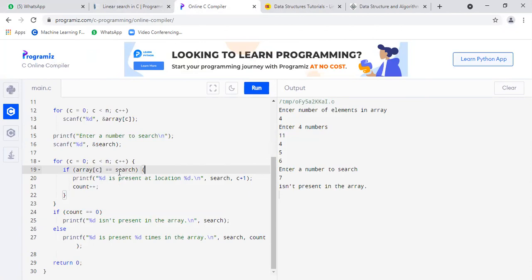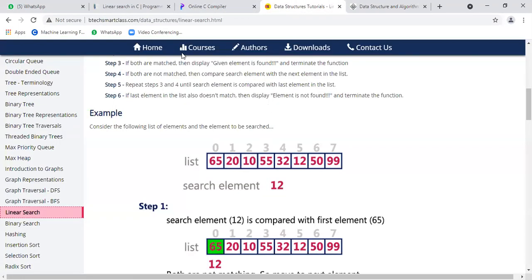If it is there, if 12 equals 12, it will display that the element is present at the location so and so. Otherwise it will increment, that is c plus 1, and after that it will decrement the count also. So then it will move to 20. Now again,